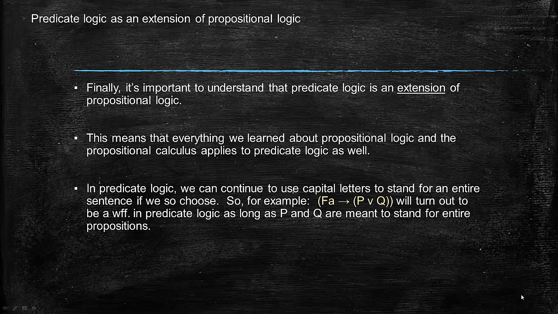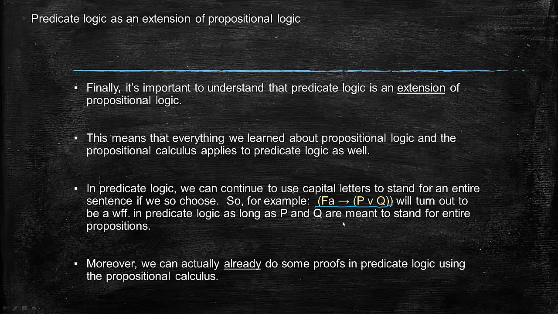So, for example, we could write a sentence like this: if P, then Q or R. And as long as P and Q are meant to stand for whole propositions the way we're used to, this would actually be a well-formed formula. Now, if P or Q were meant to be predicates, it wouldn't be a well-formed formula because you can't just write a predicate without a name in predicate logic. And also, the proof procedures from propositional calculus work as well. So there are actually some proofs that we can do right now that involve predicate logic, just using the